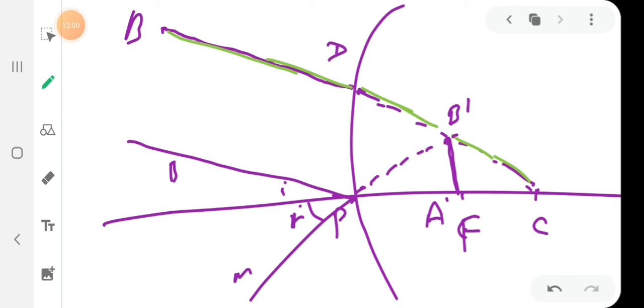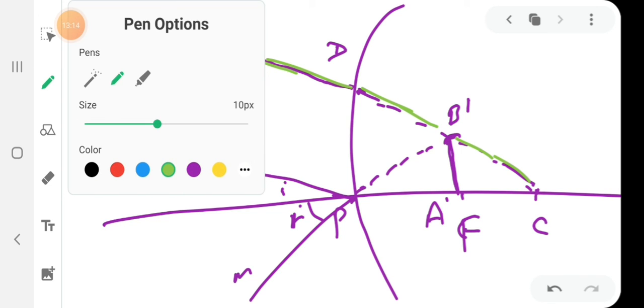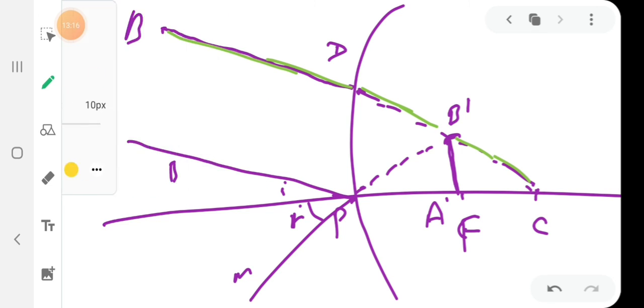So we can clearly say that these rays DB and PM both are diverging. If we produce them backwards, then the rays appear to meet at a point B dash. Where will the rays meet? They will be meeting at the point B dash here. Here their intersection will be, and therefore the image A dash B dash is formed. Okay, so now we can say the location of the image is behind the mirror.